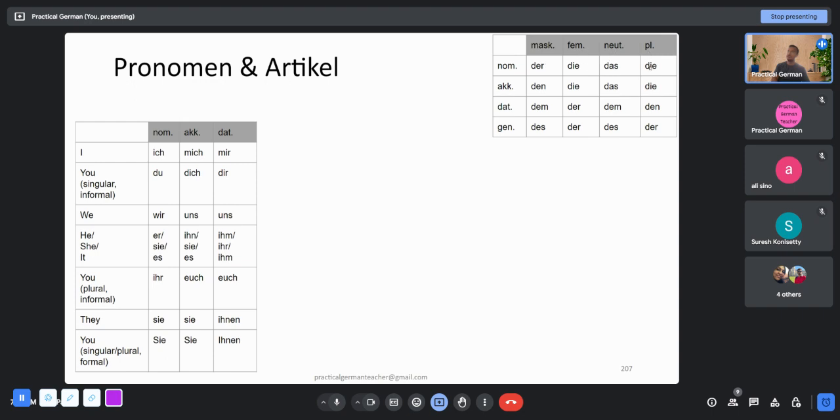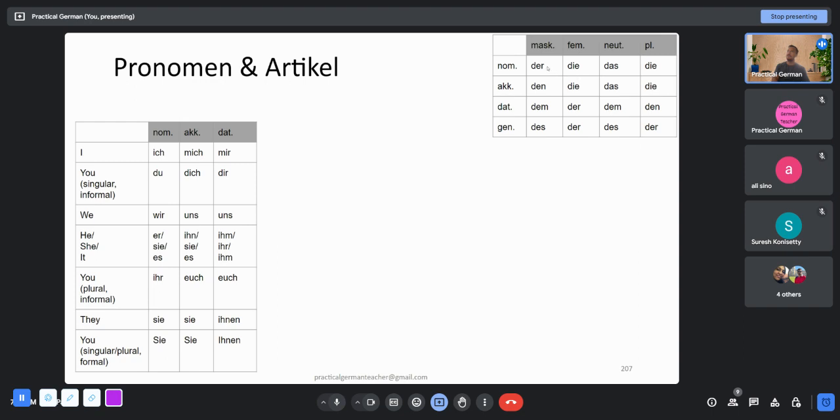Plural, it is die. Accusative case, den, die, das, die. Dative case, dem, der, dem, den. Then genitive case, des, der, des, der. Again, either you remember this table, I mean, by now you should know it, but for those who are really new and attending B1 just because you have some time, if you really want to,